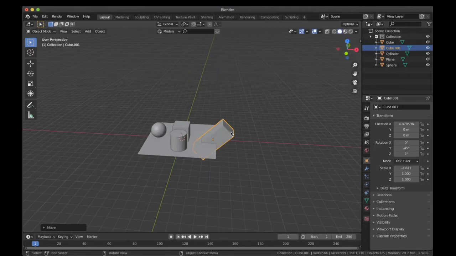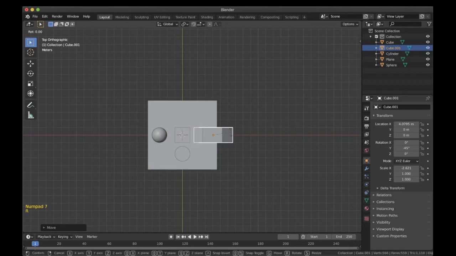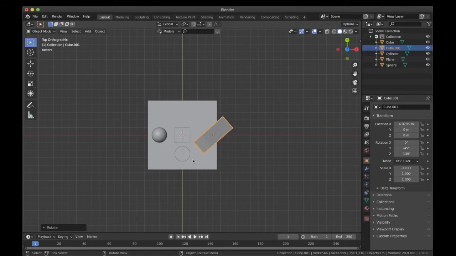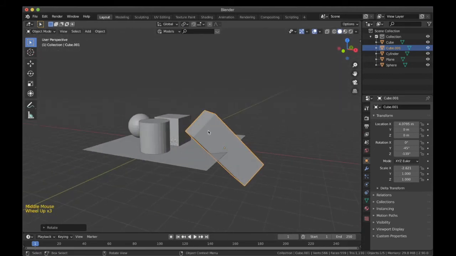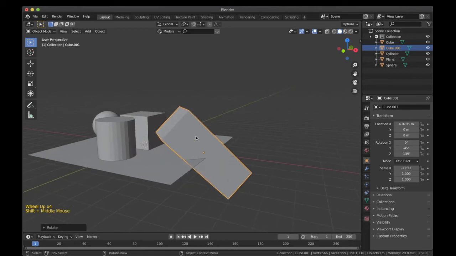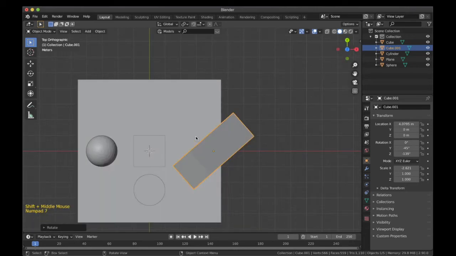So for that, I'll go into top view, then press R, then press Z. As you can see, it is so easy for me now to figure that out. See, it was that simple. So you need to know that what view you want to go, and then from there you can resize it, transform it easily, and it will get better from there.